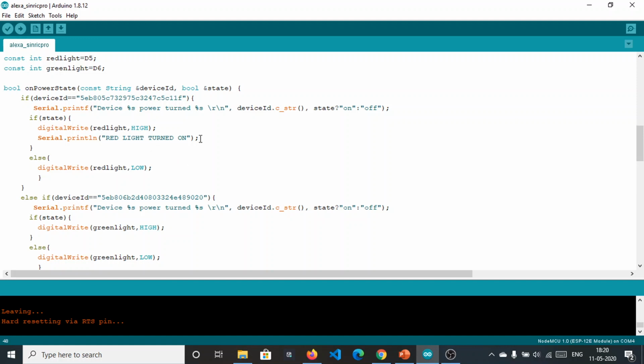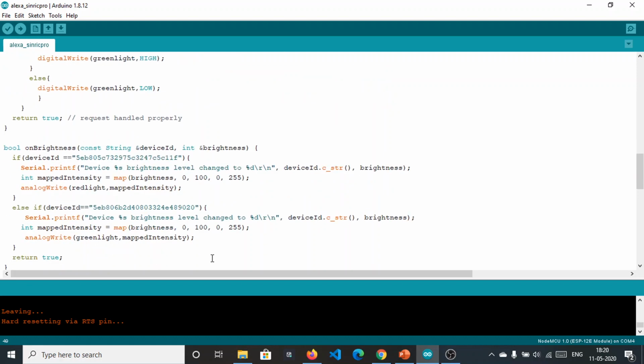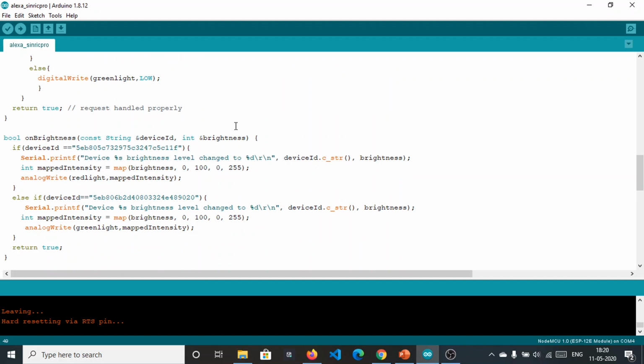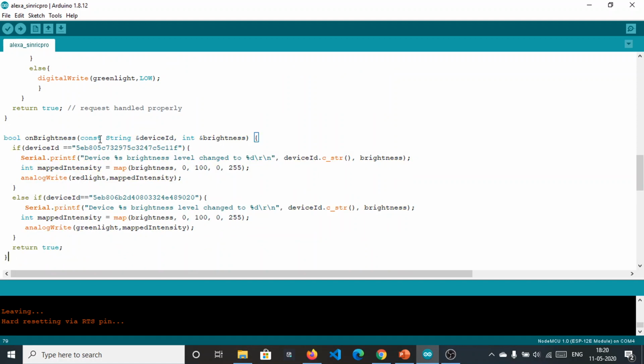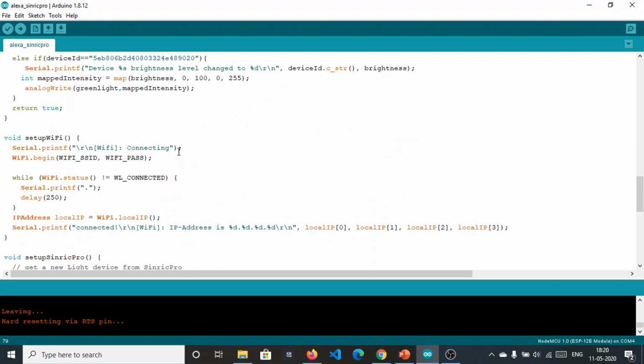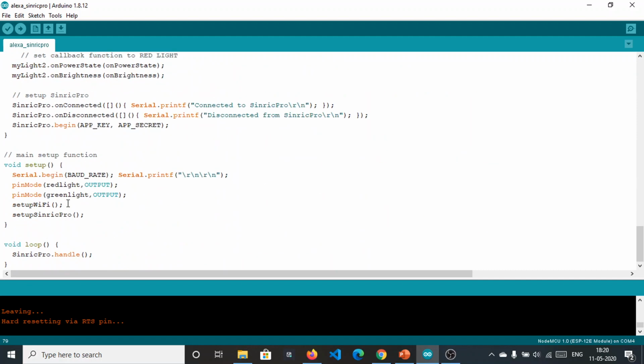That is, if we receive the command red light turned on, this is the case, and if it is low, this is the case. The same for the green light. Fine. Then onBrightness. This is the last thing we are discussing in this tutorial, how to change the brightness. It is the same. So let's jump to the setup method.